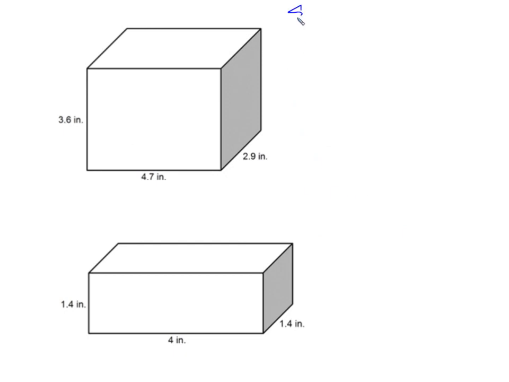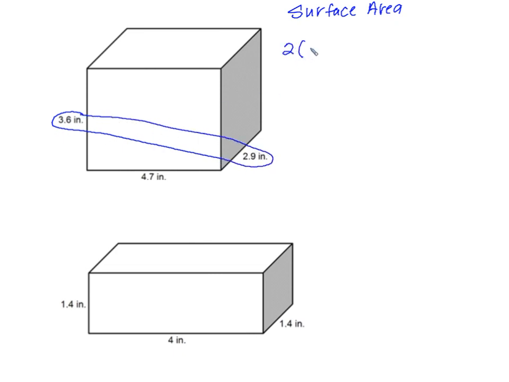Okay, this is surface area of a rectangular prism. And there are 2 of every measurement. And I kind of like to look at it like a pattern. So I know that there's 2 of these. So 2 3.6's times 2.9 plus